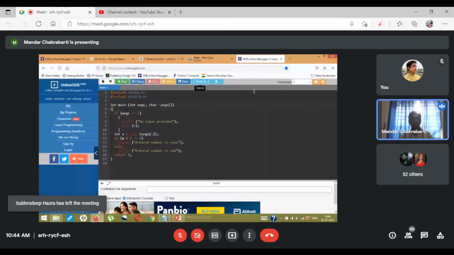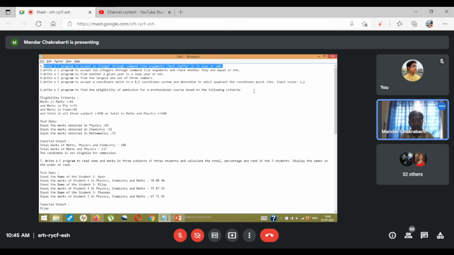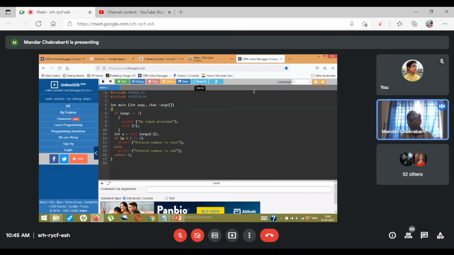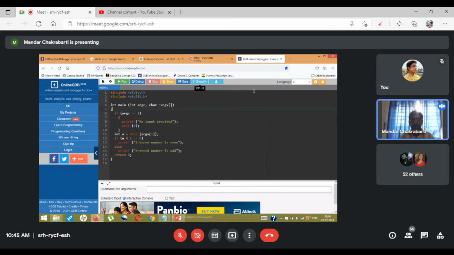Okay, so what I'm trying to do: the question is to accept an integer through command line arguments and check whether it is even or odd. I have to accept an integer. Command line arguments is going to give me a string because it is a character type array.